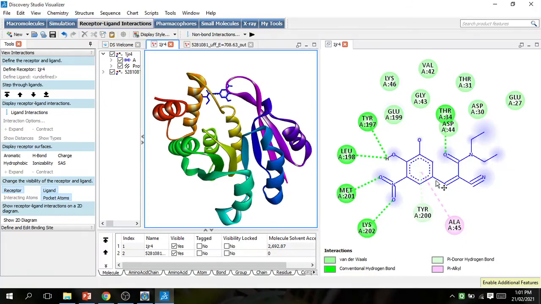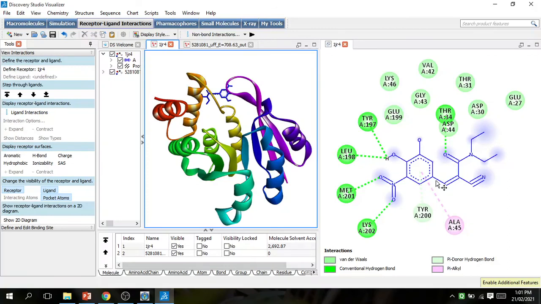Guys, this is a primary study in drug discovery. You conclude that our ligand interacts with these protein molecules through these amino acids, and then you go on to further in vitro and in vivo studies. The binding energy is also good, -7.2.